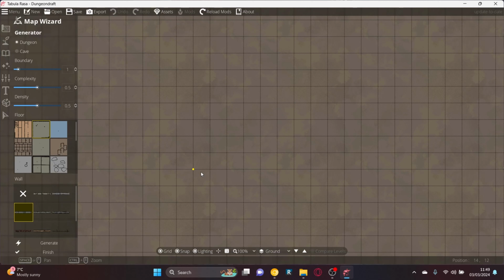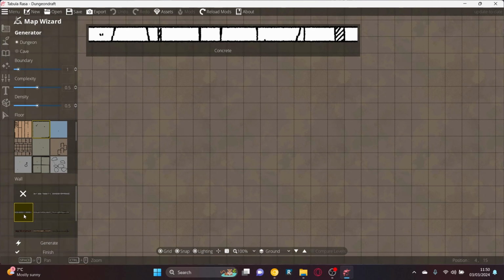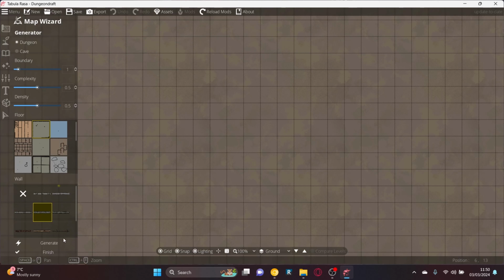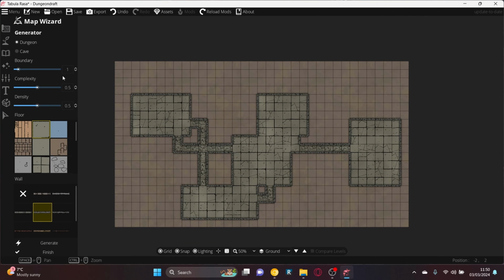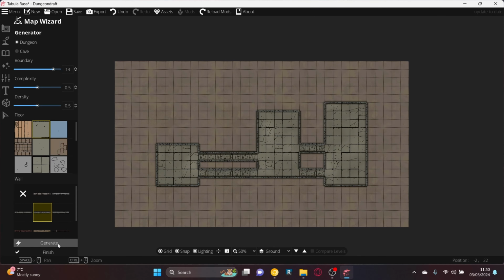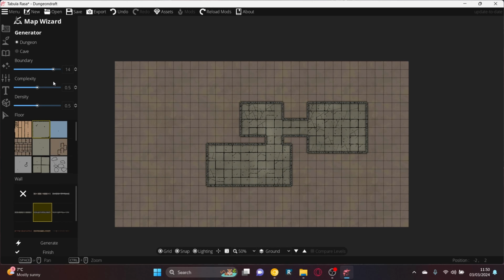is if you wanted to, let's say, throw together a map or dungeon very quickly, like your players go into a nearby dungeon that you're like, oh, didn't realize they'd actually go there. You can make a dungeon very quickly on here. So let's say stone flooring, stone wall, and then if you hit generate, you can see there, it's created a small dungeon. If you increase the boundary, it just makes like 1 or 2 rooms, increases the size. And if you lower that,